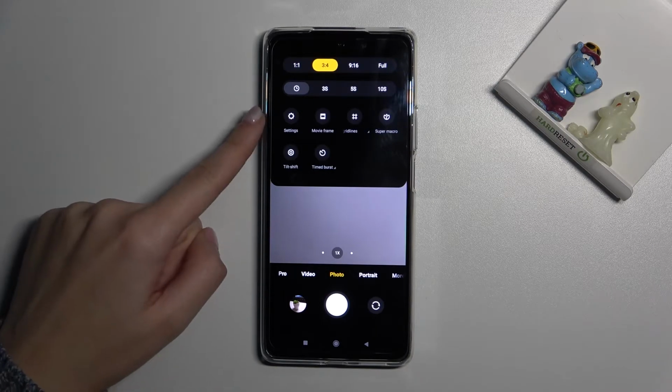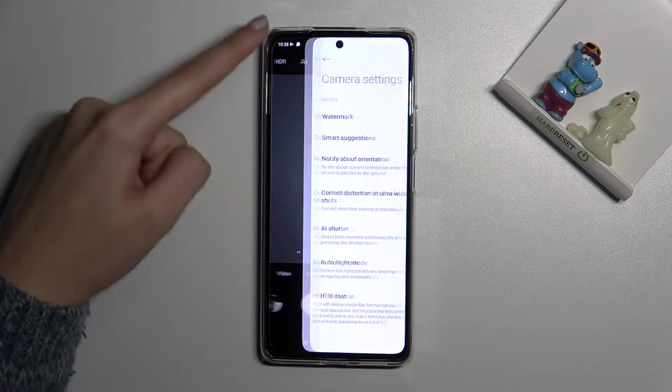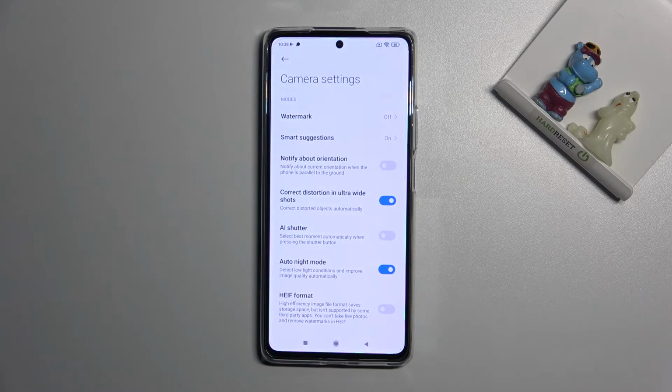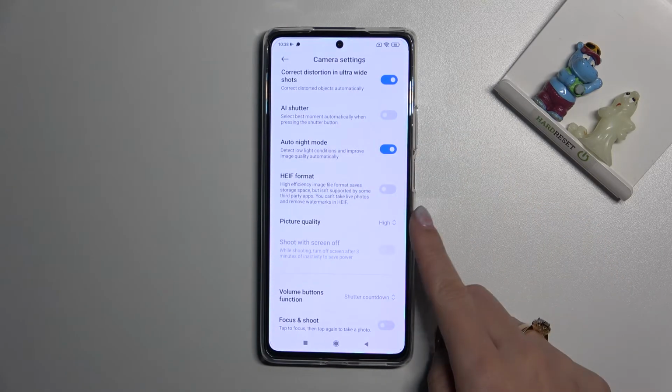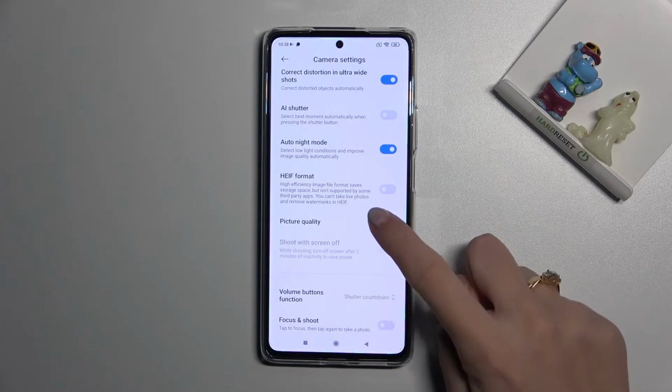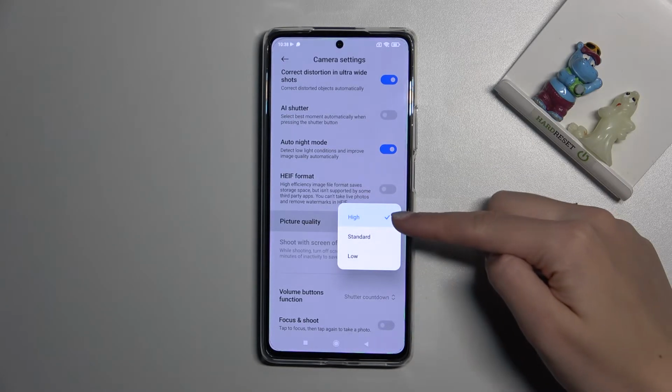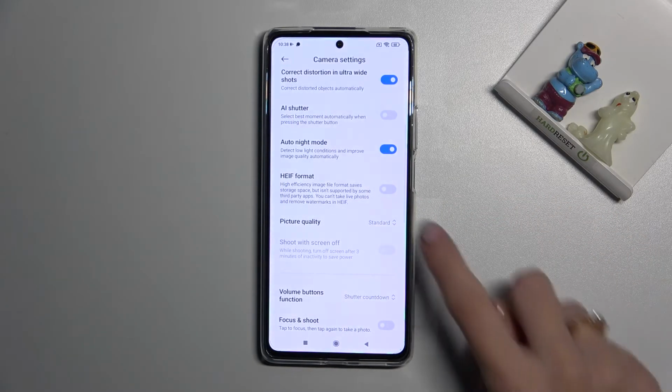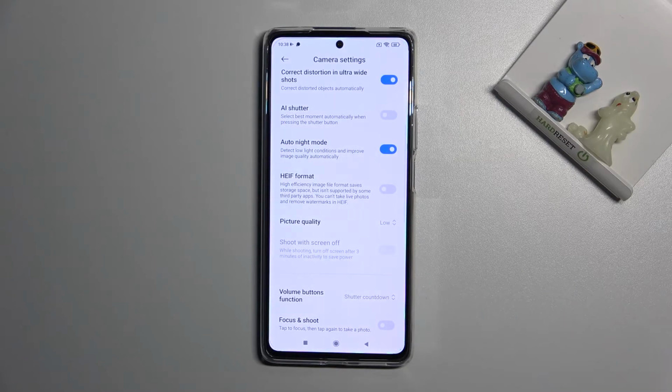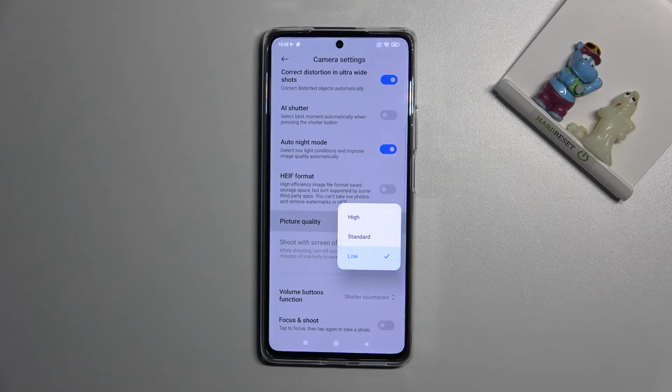Now let's move to left side and tap to settings so we can open them, and here we have to slide a little bit to find picture quality option. When we tap on it, we can decide between high, standard and low. And of course I suggest you to keep it on the best possible option,